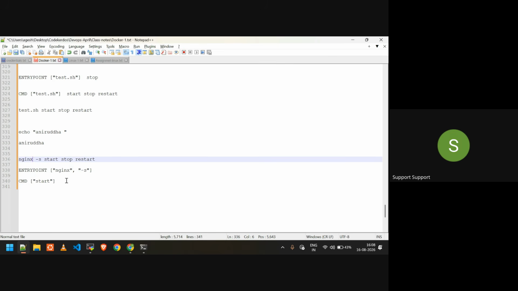Okay. When you use just CMD, you can change whatever you want. You can replace it. But if you are using only ENTRYPOINT, whatever you pass at runtime will be taken as an argument. In that case, you have to pass start at runtime, so nginx -s start will run. If you use only CMD here,